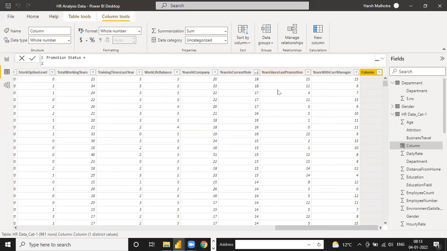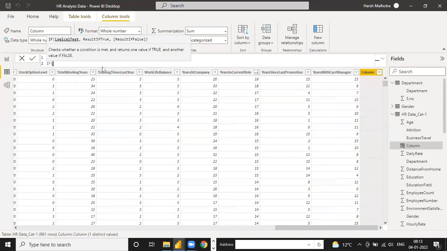What is the condition we are using? This table's condition, years since last promotion. So we are going to put the condition here, using the IF function, and the IF function has a logical test. First you select the value, then you put the condition, then what is true and what is false. That's a simple thing. You have to put in the condition only.